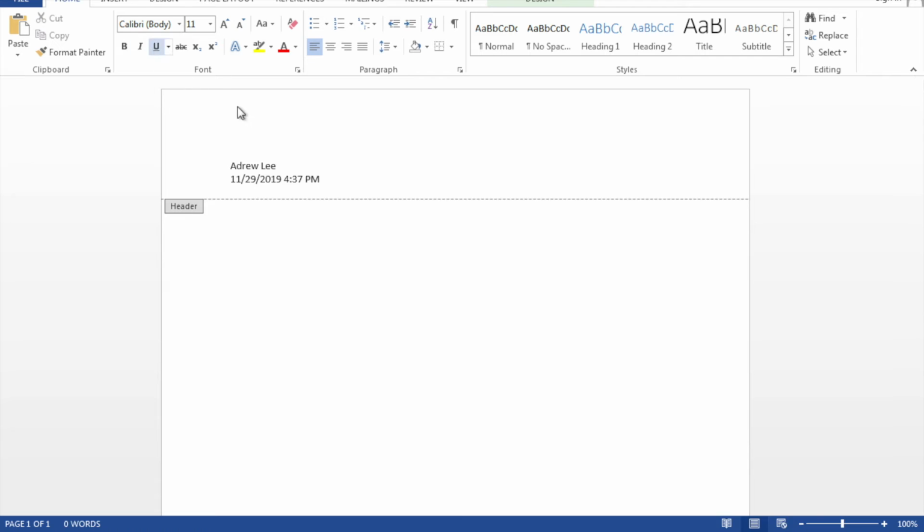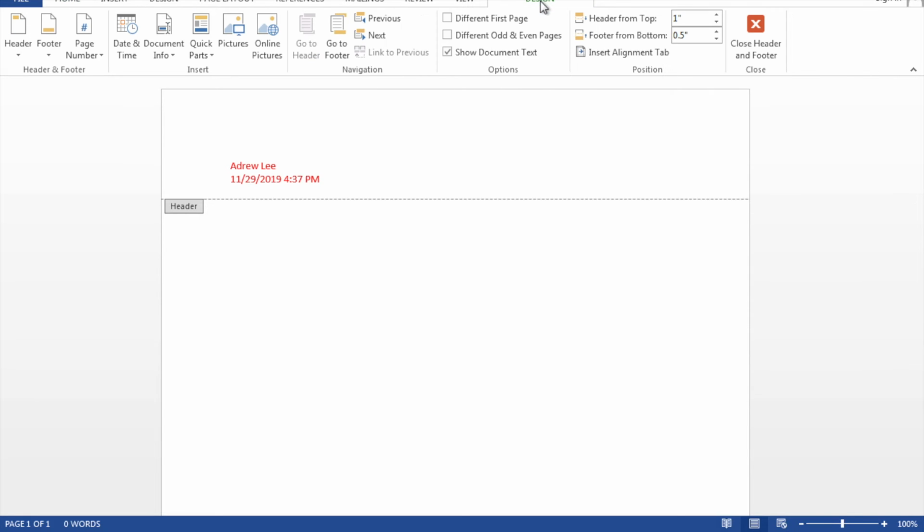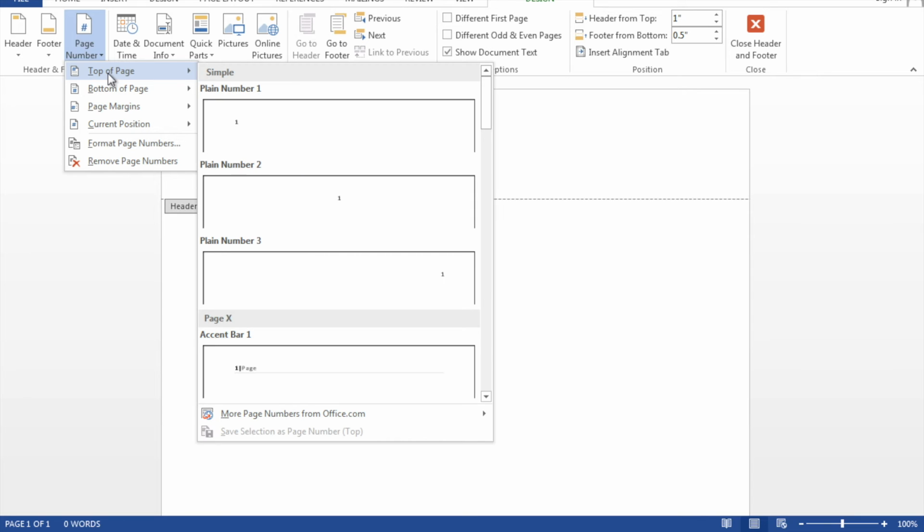And you can change the style of your text. And you also can put the page number, top of the page, bottom of the page.